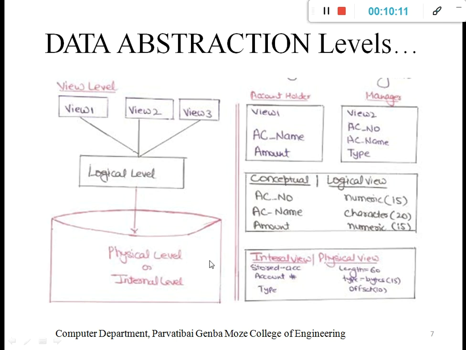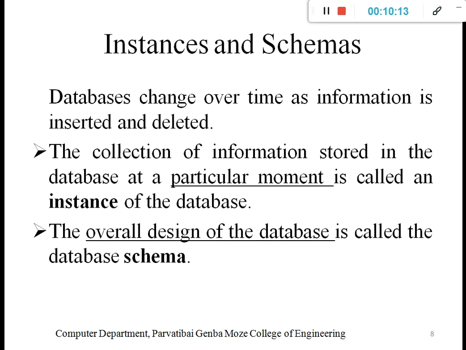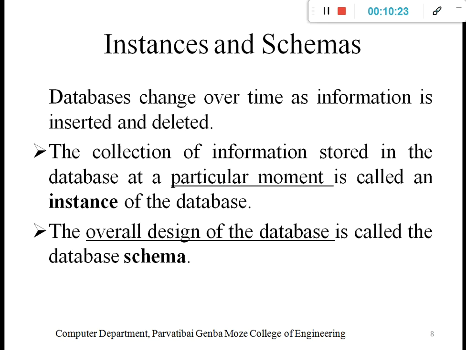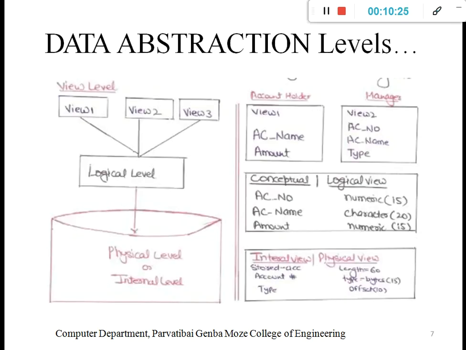Okay, then next, we have already understood data abstraction with an example, with the three levels: view level, logical level and physical level. Later we will understand these concepts practically by applying queries, or viewing the details of an example like a banking application, creating the table and storing the data.